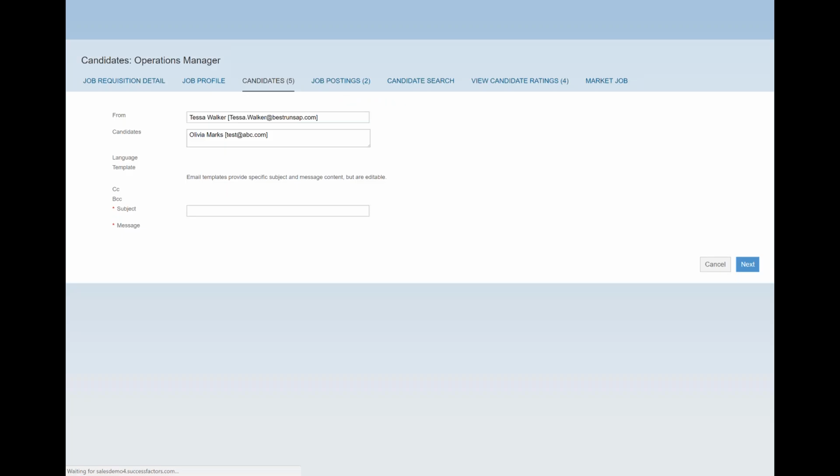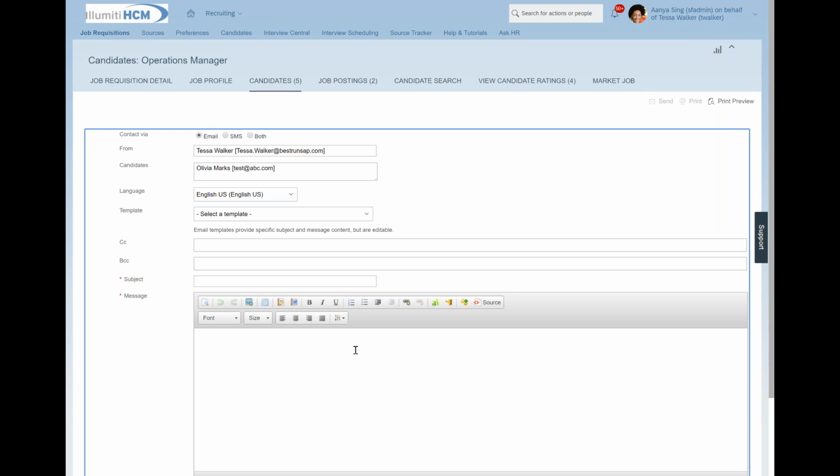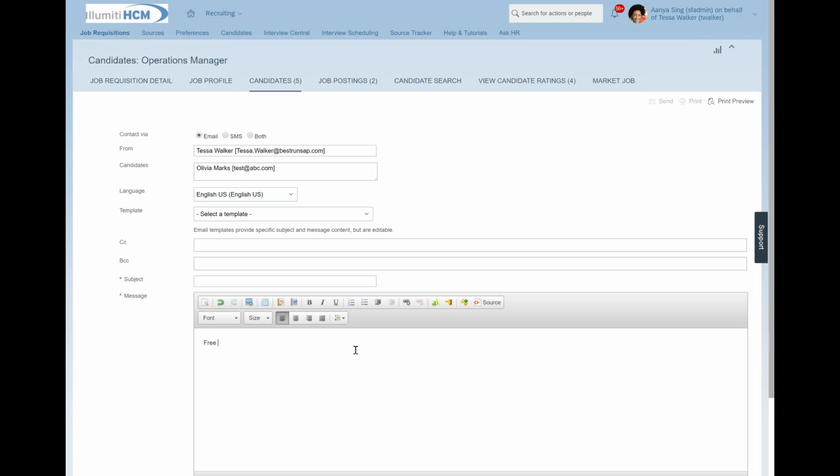It opens up for me a standard contact template. I can choose to email or SMS or both. It's going to her designated email address, from my designated email address to her designated email address in a particular language. And I could just come in and type free text here,